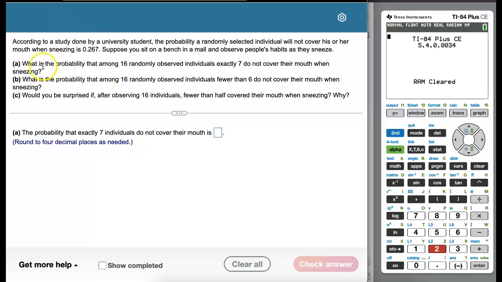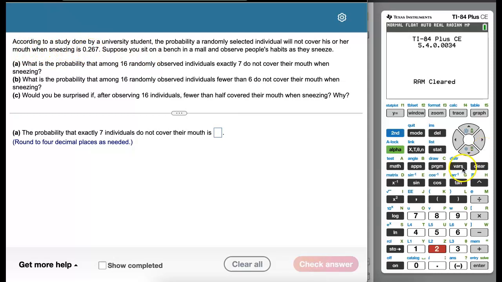So we're going to do that to find the probability that among 16 individuals, exactly 7 do not cover their mouth when they sneeze. The probability that among 16, fewer than 6 do not cover their mouth when they sneeze. And then we're going to see if we would be surprised or not if fewer than half cover their mouth when they sneeze. Okay, keeping in mind again that the probability a randomly selected individual will not cover his or her mouth when sneezing is